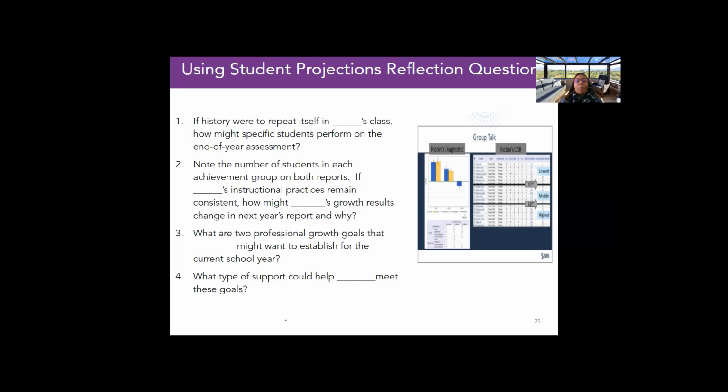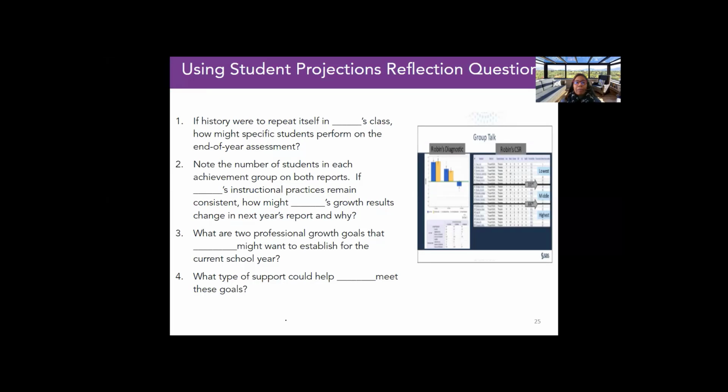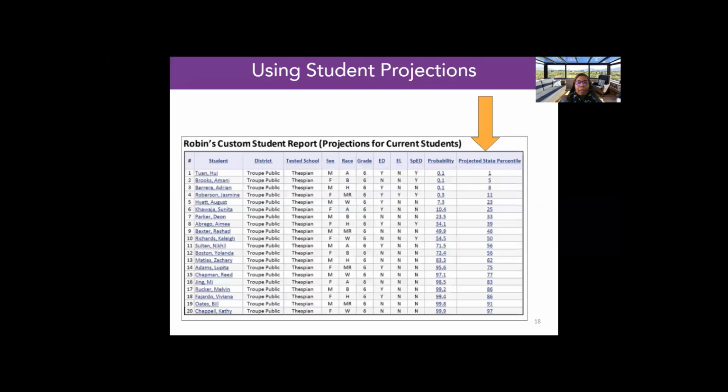And these are just questions to help get the thinking happening around the data, right? So one thing that always comes up is in your projections. Someone asks, is there a threshold? Right? So if a student is at the 50th state projected percentile and he's got a 54 probability, because this